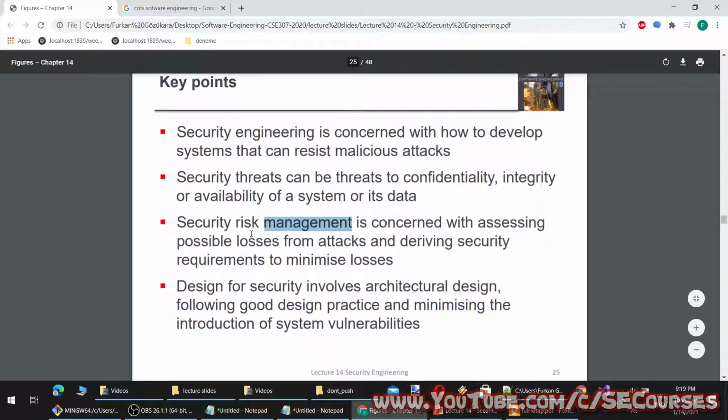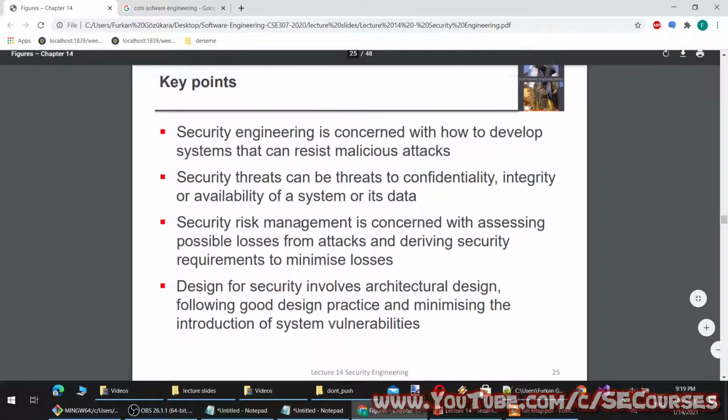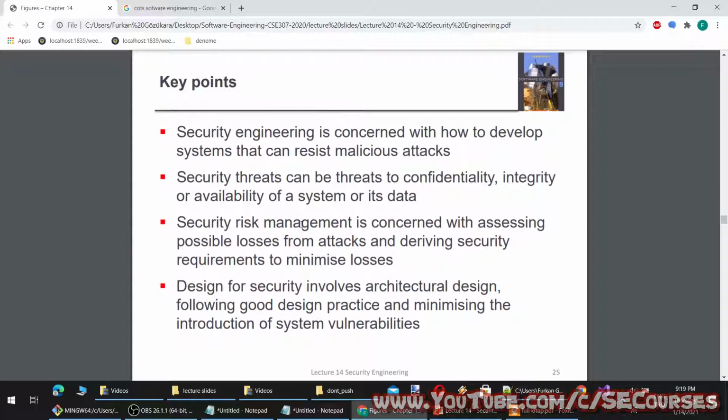Okay, so there is another area which is security risk management, and the management team is concerned with assessing possible losses. So they evaluate that if we take this security measure, what can we protect, and if we don't take it, what can happen, and what is the cost of that. With the cost of risk and security protection, they keep the balance. And finally,